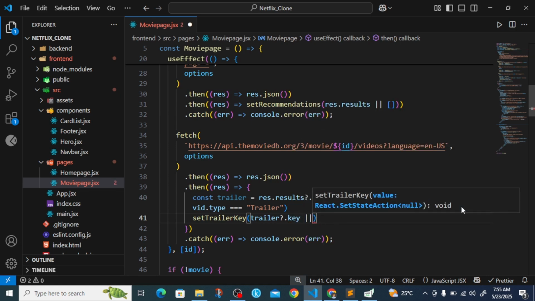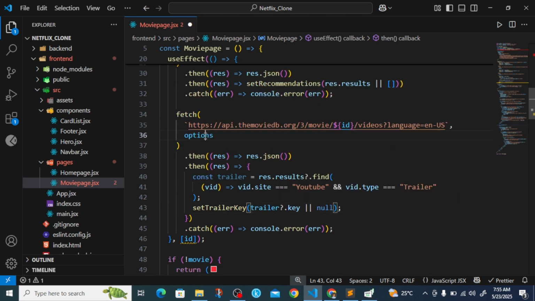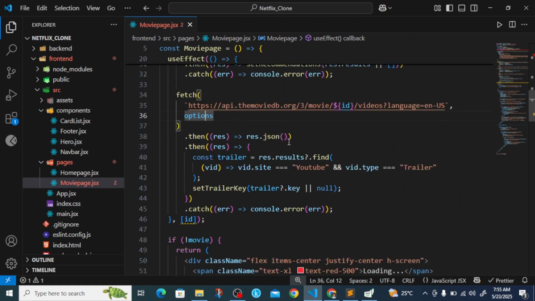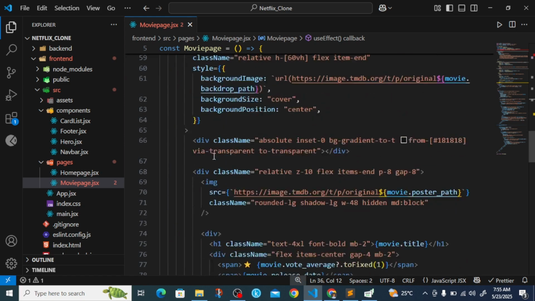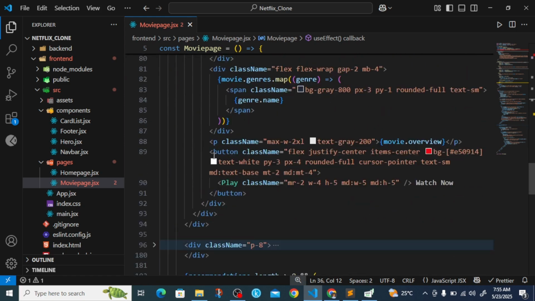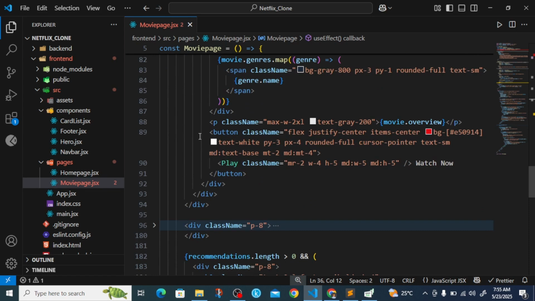Else, if it is not found, you set it to null, just like this. Ctrl S, and then we are going to use this trailer key now to link to our YouTube. So for that, where do we have that? Yeah, this watch now button here. We are going to come here,